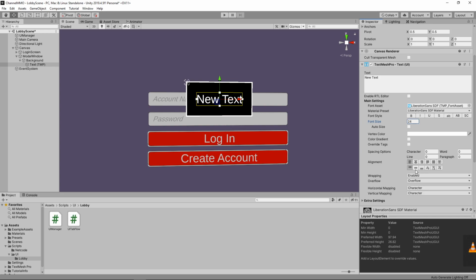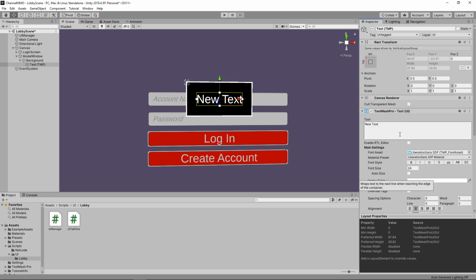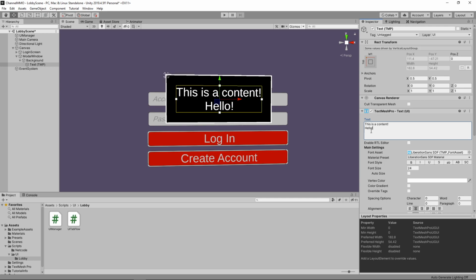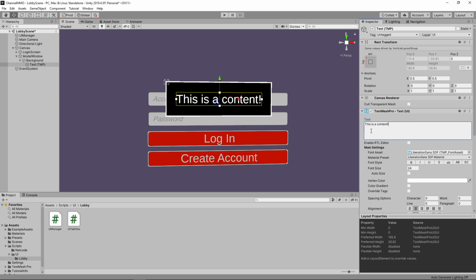We don't need it to be at 36. In fact, 24 is probably still on the big side. We'll set this to be centered, like so. And then what else do we need? Well, we can just change this to whatever we want. For right now, we'll put a placeholder message in here. This is a content. Excellent. And you can see as this grows, so too does the window. And also, if we go to a new line like this, hello, it works perfectly fine. Basically as expected. So we're just going to leave this at this is a content,